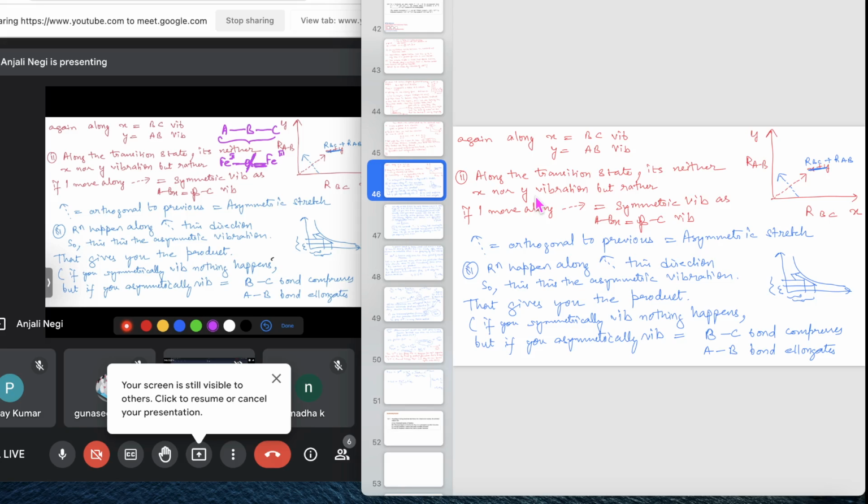So I denoted the precursor complex like this, correct? This is the complex, this is the other complex, come very close to each other, and such that the symmetric or asymmetric stretch that we were talking about were with respect to this particular complex which is forming just before the electron transfer, right? So the stretch that we were talking about is the bond length or the distance between the metal and ligand, because obviously when my Fe2 will lose one electron and get converted into Fe3, the bond length of my metal and ligand will contract,